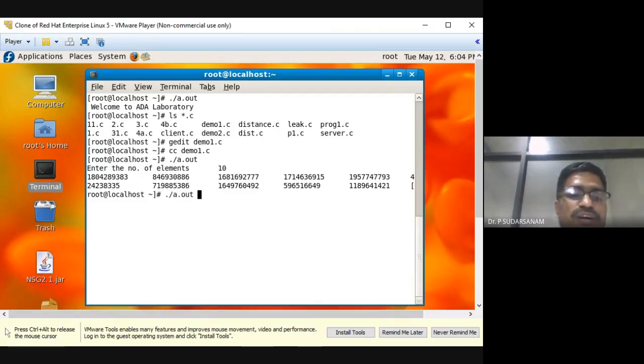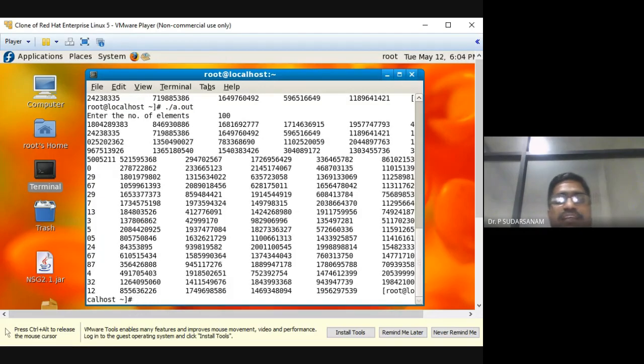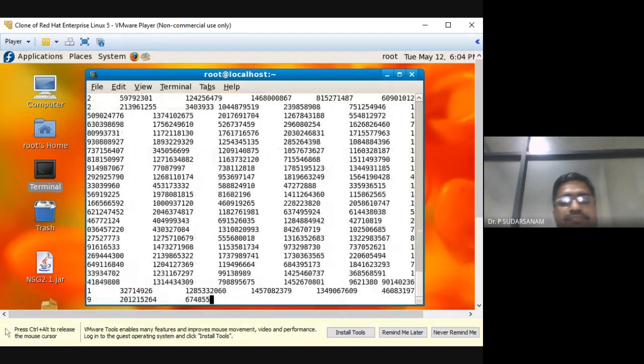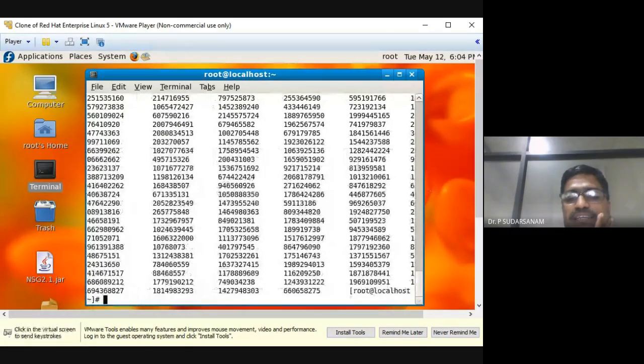Now I'll enter 100. See, 100 numbers generated. Now I'll enter 1 lakh. See, 1 lakh numbers are generated.